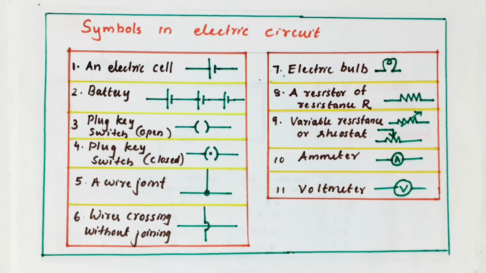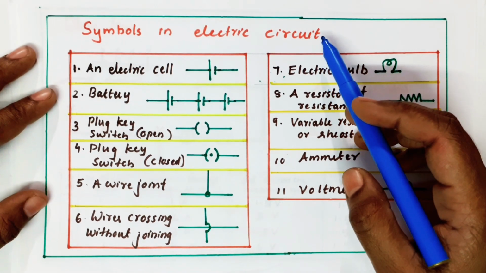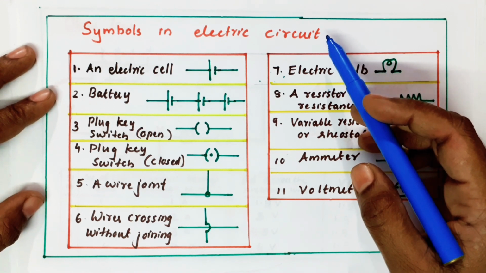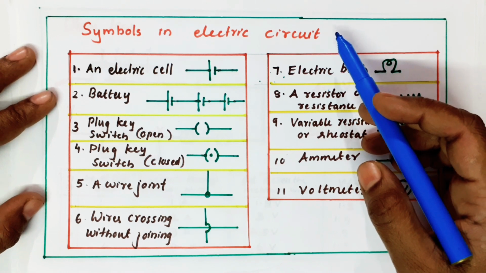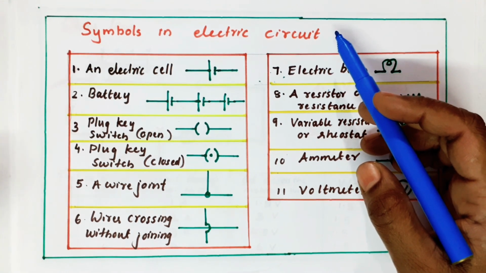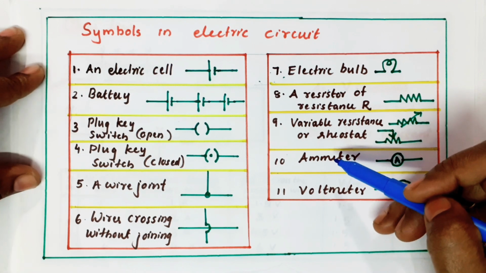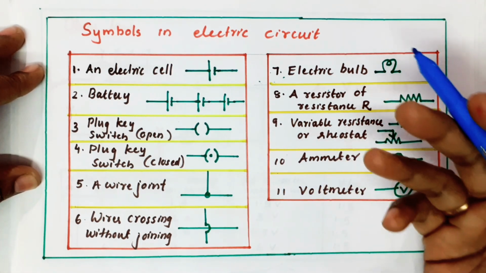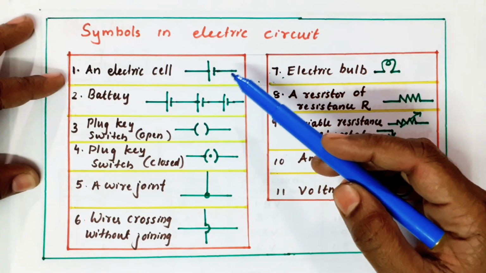What is an electric circuit? It is a continuous closed path through which the charges are flowing. So, when the current flows in a wire with the help of a cell and a key, we call that a circuit. In that circuit, we use all these elements. In a few circuits, we use 2-3 elements. Sometimes we may use more than 3 elements. So I'm just introducing you to the elements.